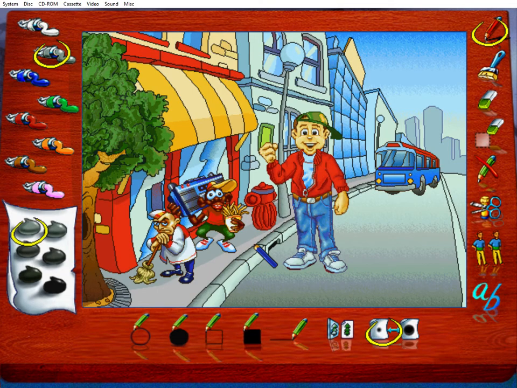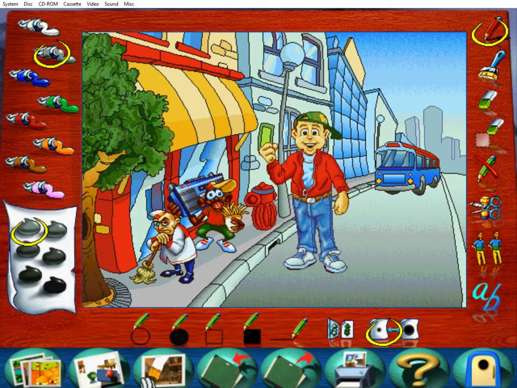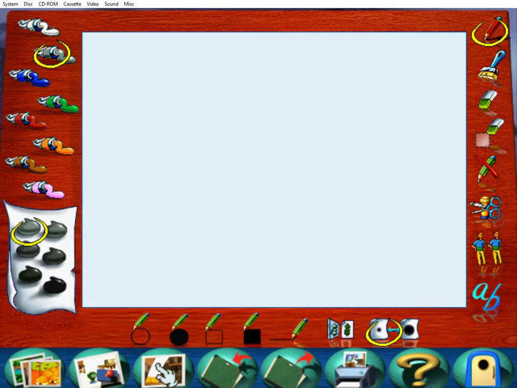Welcome to the drawing tools. You can create a drawing, colour it in, then print and save it. Click the question mark at the bottom of the screen to find out more. Use this icon